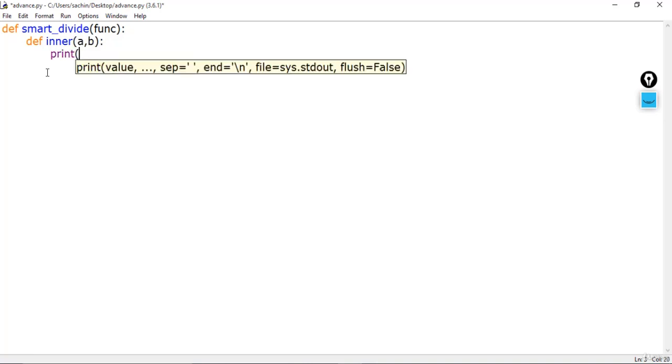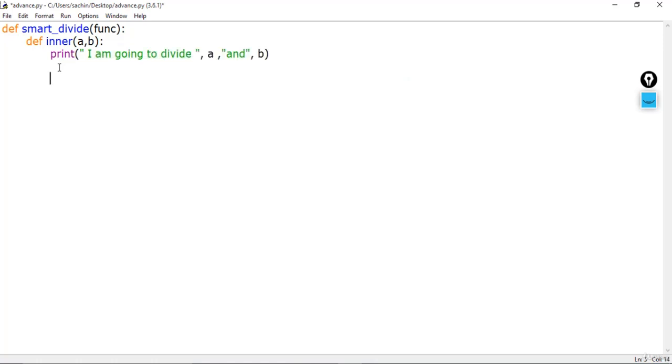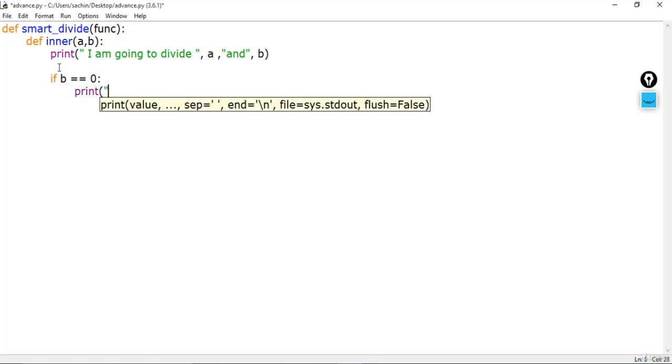And let me say the message should be formatted like, I'm going to divide, and let me say format it with a, let me just give a comma over here, and let me just give b over here. Now that we have this message that should be printed to the user, now let's check if b is equal to 0 or not. So if b is equal to 0, that means you have to print the statement, or print the message that should be,